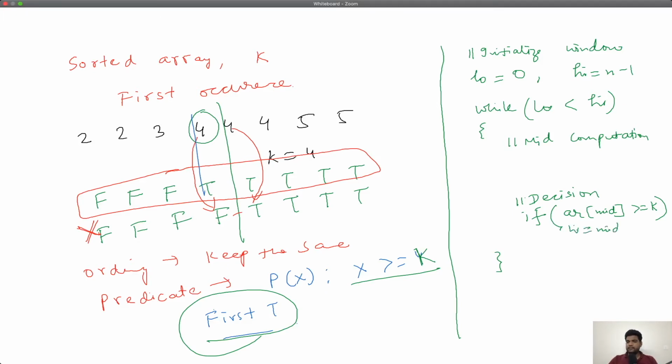And the other case is if the predicate evaluates to false, which means the number is less than 4. So you are somewhere here. Here you know that you can discard everything to the left of this, including this element, because it's an f and you're looking for a t. So you know that the t will occur to the right of this f. So you can update your low to mid plus 1.